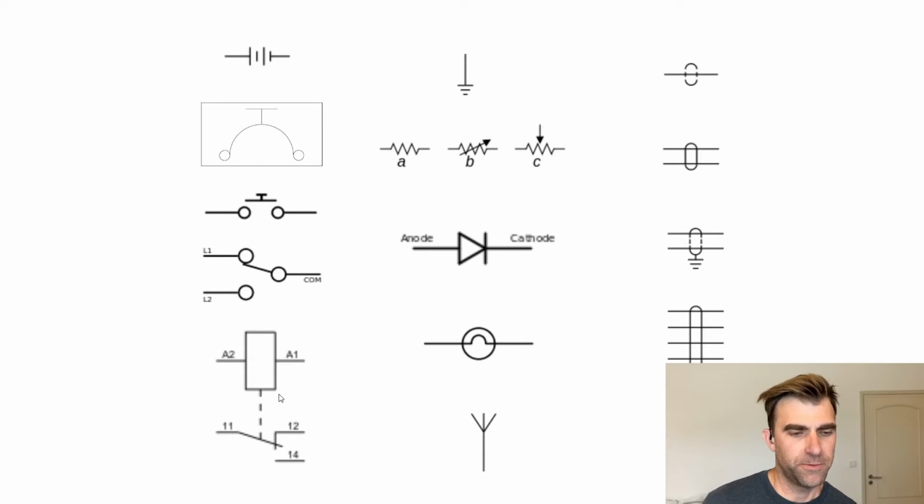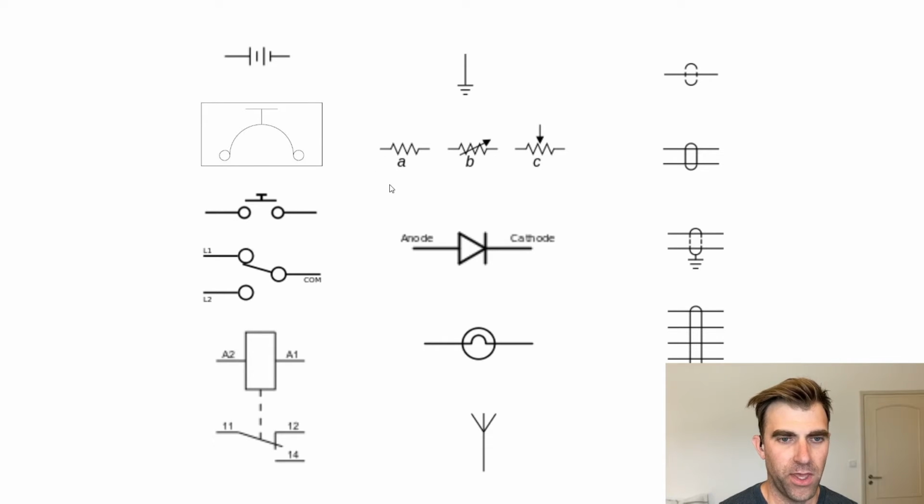Next one down here is relay. So could be normally open or normally closed relay, but you can see up here is the energizing coil, and then down below it is going to be the switch part of the relay. And then up here next in the middle, we've got the symbol for ground. Then down below we have resistors,